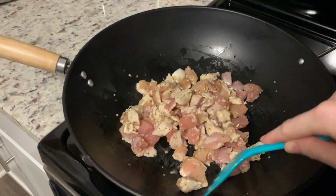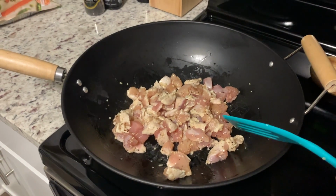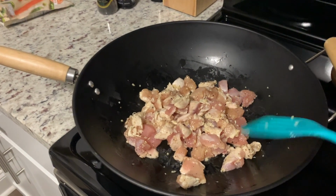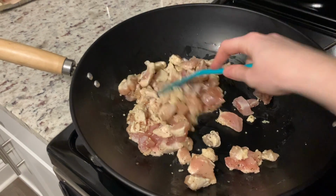And we just got this wok. I think at Walmart it was $10 or something like that. Pretty cheap. On sale, I think. Yeah, it was pretty cheap. Dylan thinks it was on sale, but